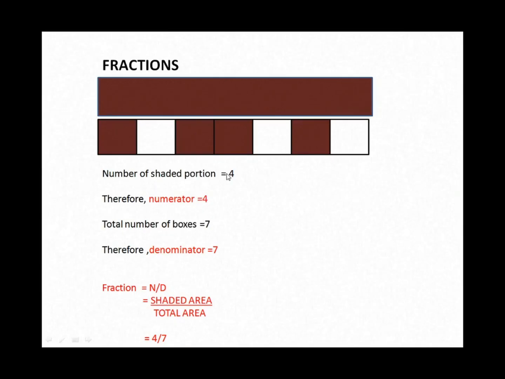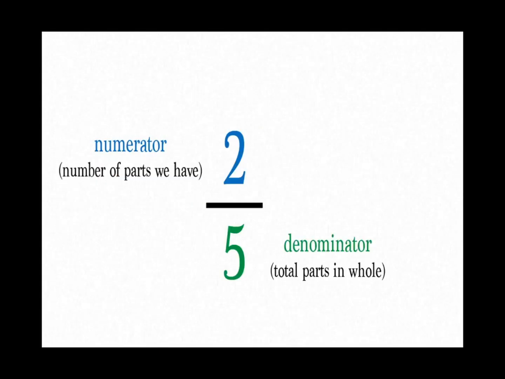Children, here we are finding out the fraction with the help of figures. This is your first exercise where we will be finding out fractions which are given in the form of figures. Okay. So, let us recollect what we have discussed. We have discussed fraction is a part of whole. So, suppose take example 2 by 5. So, 2 by 5 means out of 5, 2 portions or 2 parts are used or selected. Is it clear?